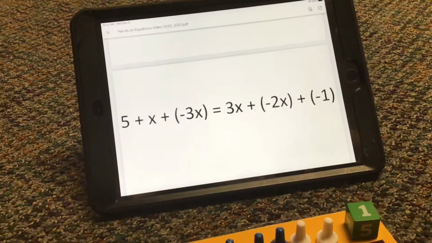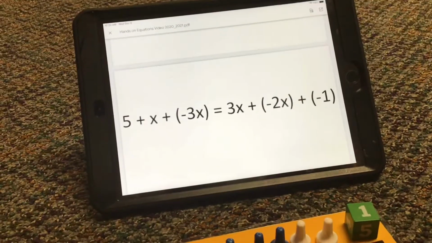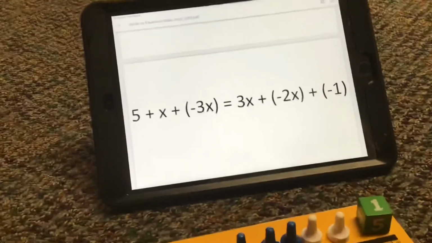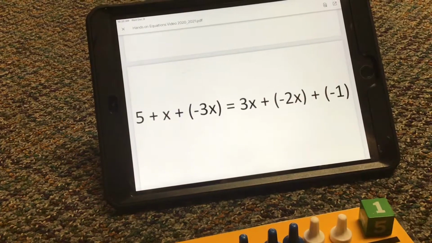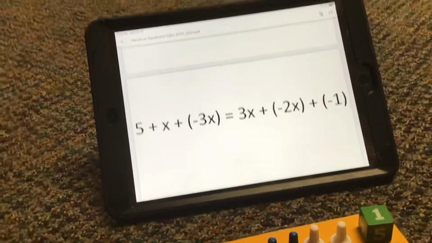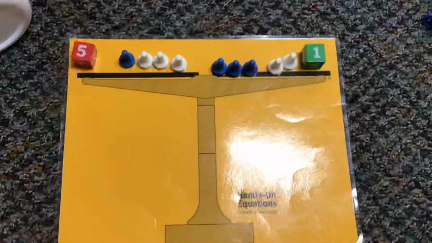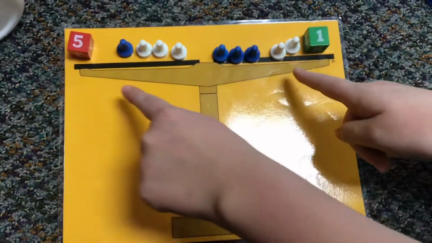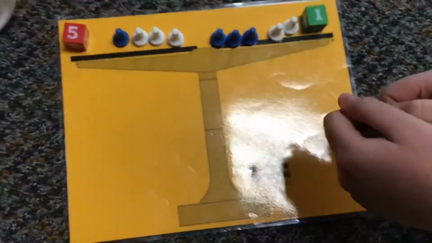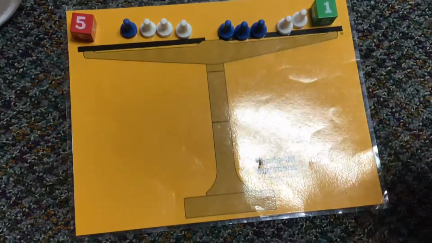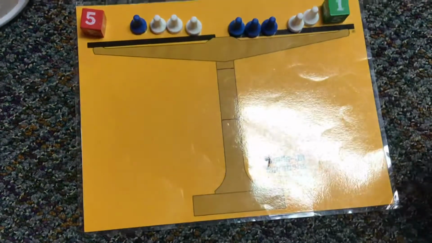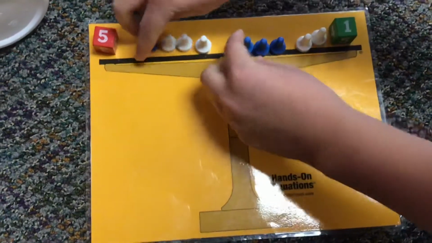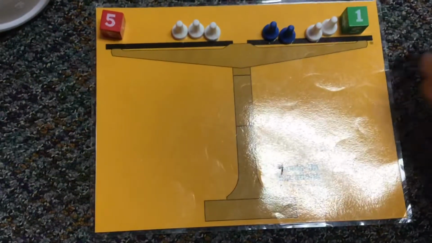For my final problem, we have 5 plus x plus the opposite of 3x equals 3x plus the opposite of 2x plus negative 1. So first, like all the other problems, we're going to see what we can take away. We can't take these 2 away because they're not equal. We can't take these 2 away because they're not the same. And we can't take these 2 away because they're not the same. However, we can take away things that are the same. So we can take away these,